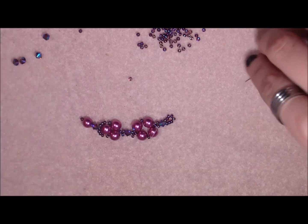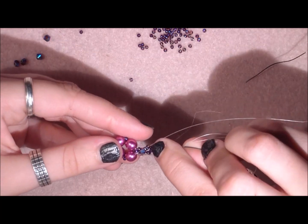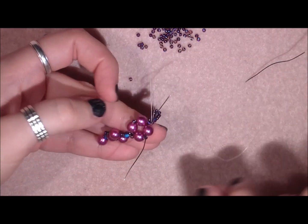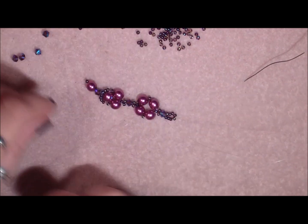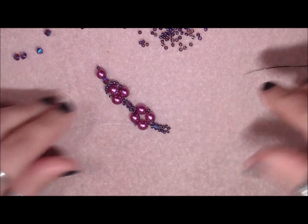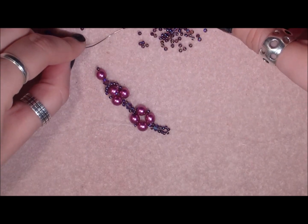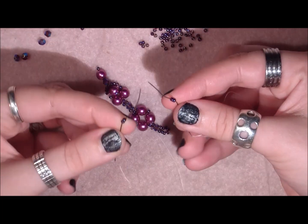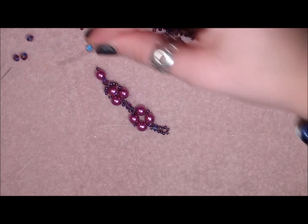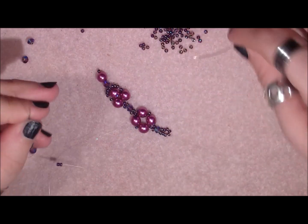and pull. Then I'm picking up my other needle and I'm going through that same pearl and pull. So now we're coming out of this pearl with both our threads. I'm going to pick up 2 seed beads on each needle and slide them down. Then I'm going to pick up 1 4mm bicone or other 4mm bead on both needles